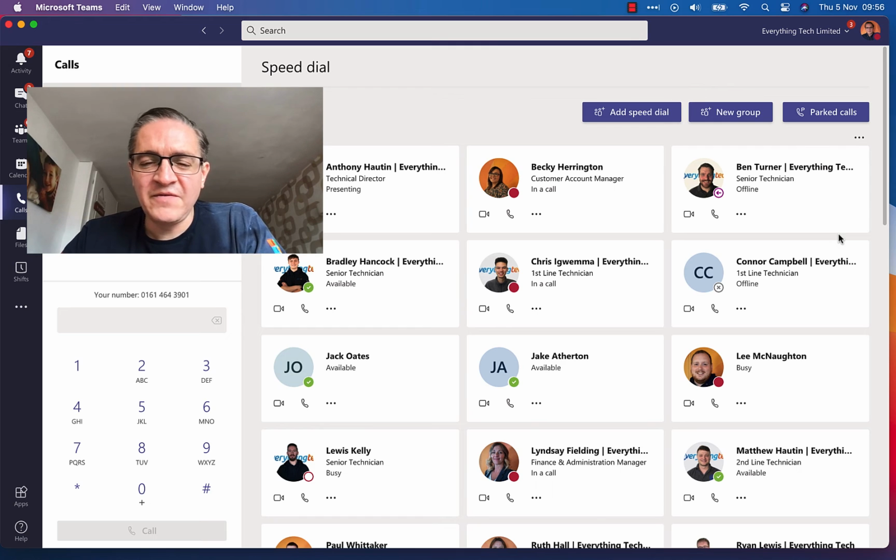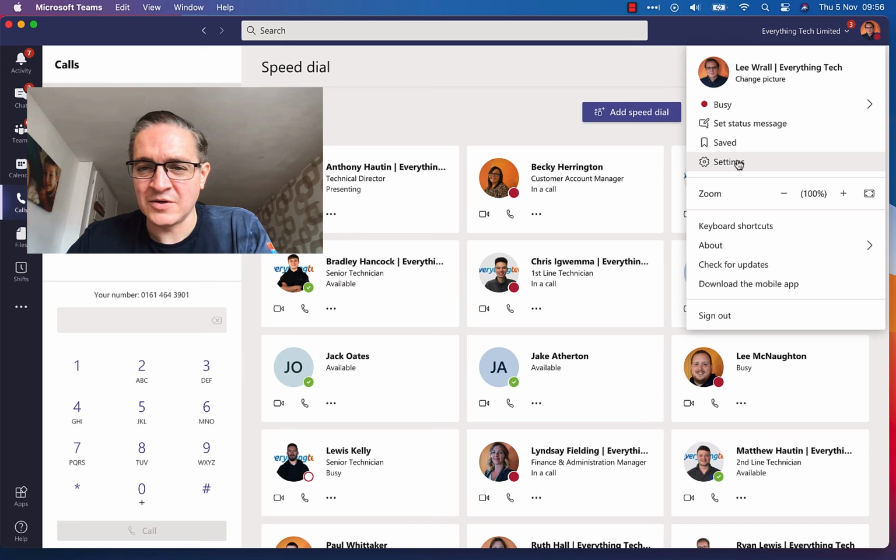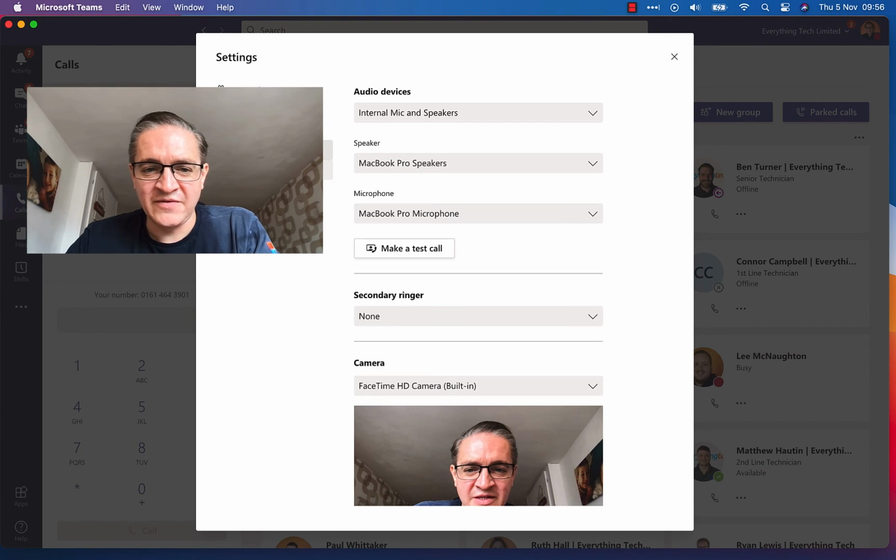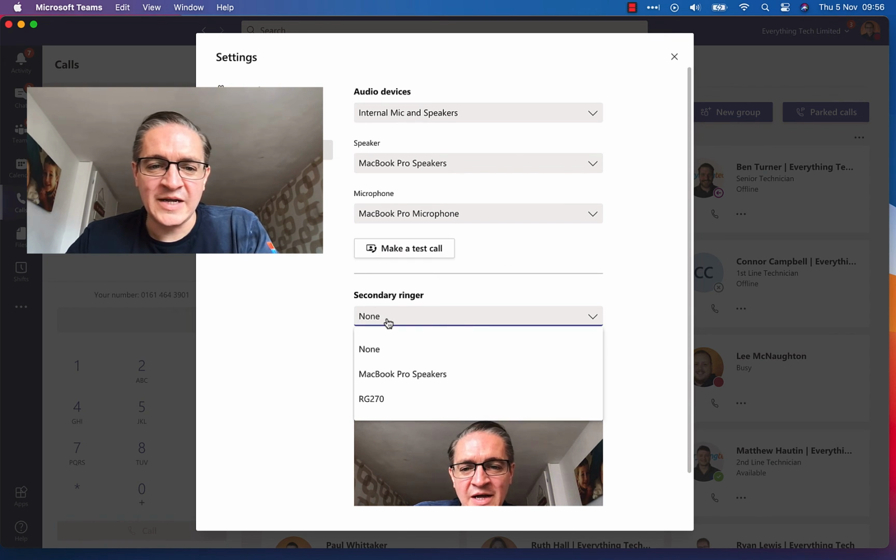Just to cover a few items that are in the settings in the user interface that are going to be important for you when you're using Microsoft Teams Business Voice. If I click on my little face here and then click on settings, the first one I'd like to cover is in this devices section, and it's called the secondary ringer. Now, what that is, if